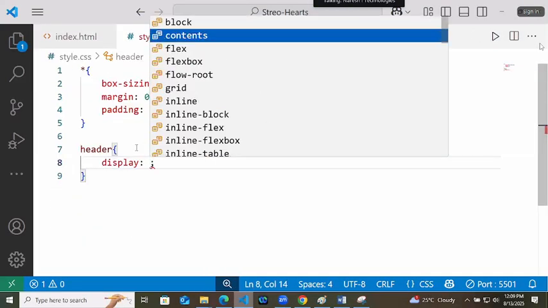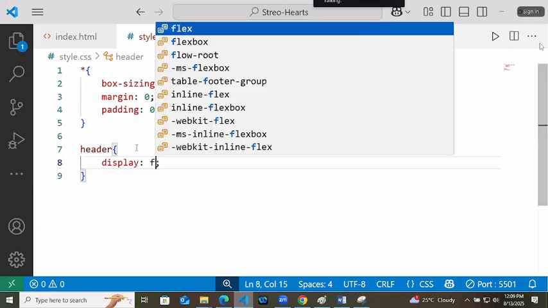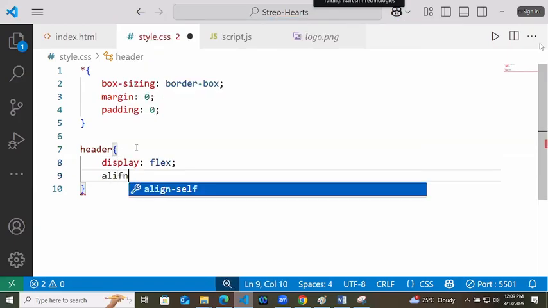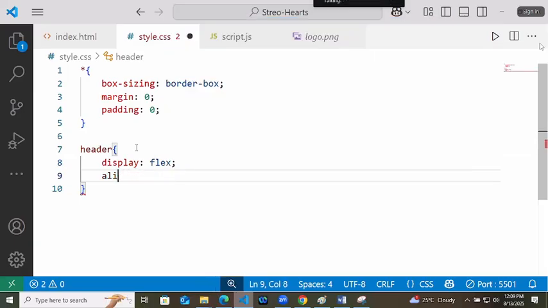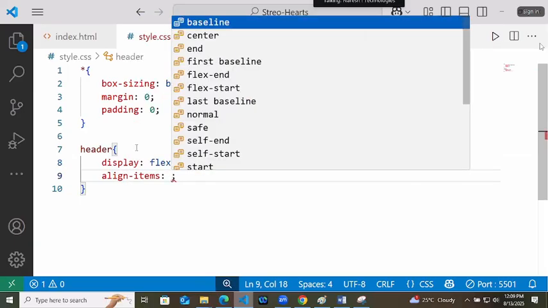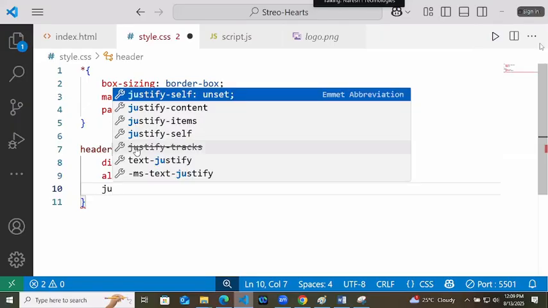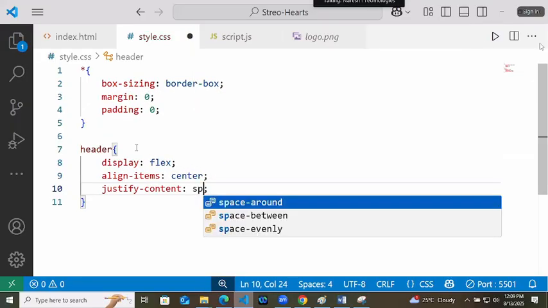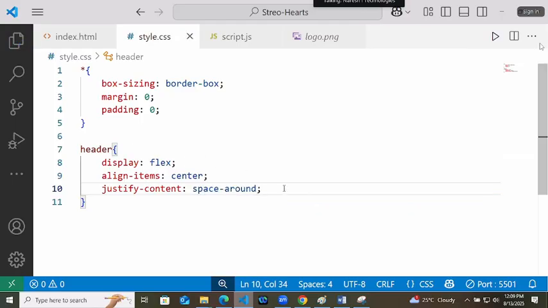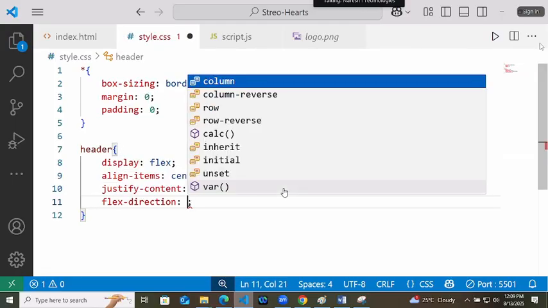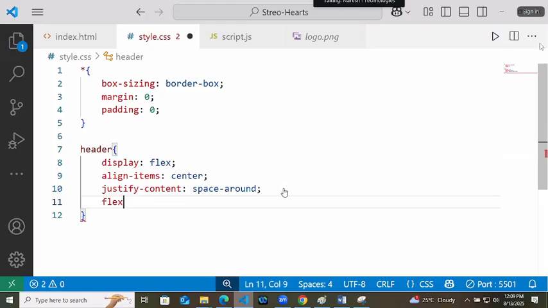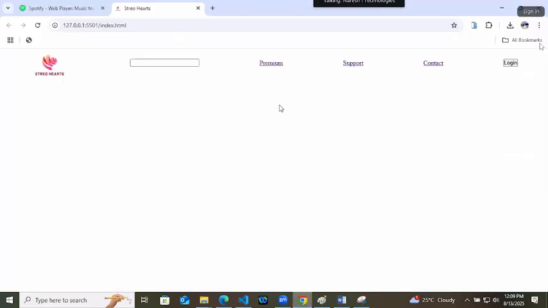Header is displaying flex, aligning the items in center and justifying the content in space around. Give space around, and in mobile you can wrap the flex. Flex wrap. I will not focus much on responsive design in this, that you handle.